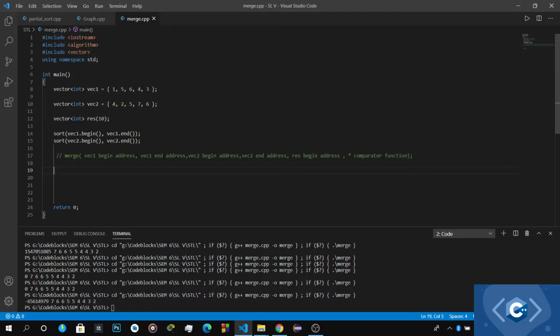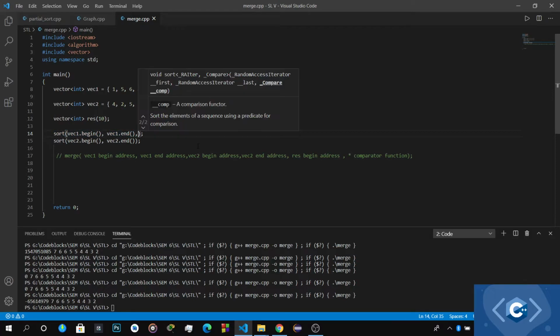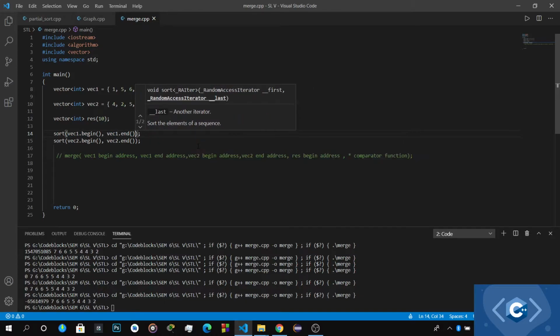Now let's see the implementation. For the merge function to merge both of these vectors in ascending order, we require them to be sorted. So first of all we will need the sort function. We can pass the comparator function here, but no need, because normally the sort function sorts in ascending order.